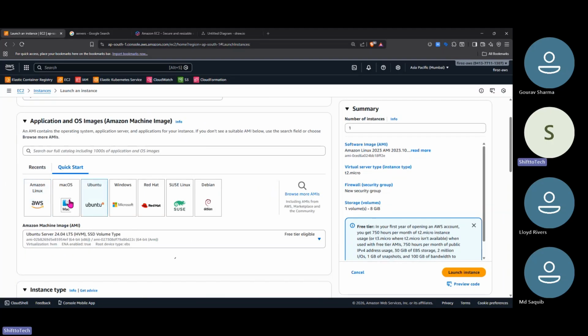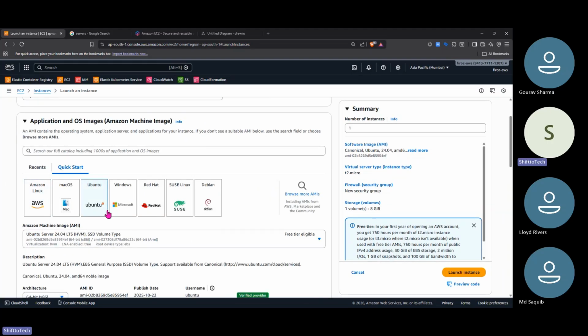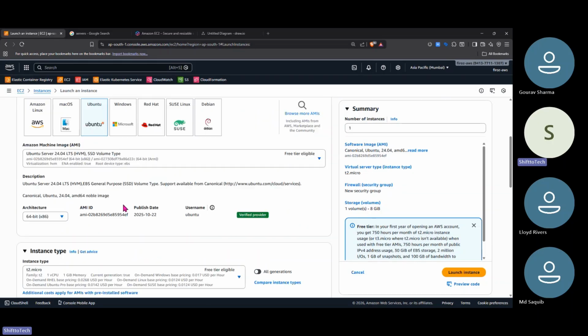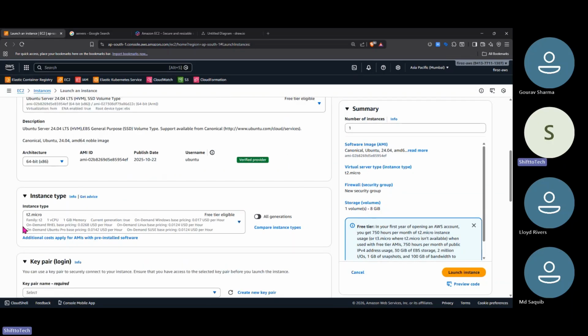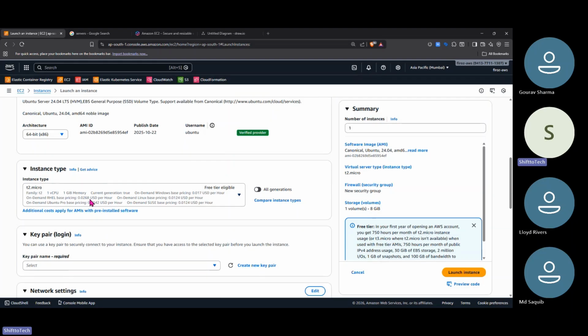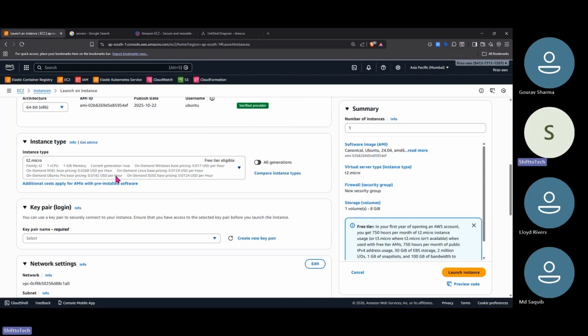You will choose any operating system, AWS, Ubuntu, Microsoft, Windows. This is T2 Micro. You are like buying a computer, so you have to select 1 GB RAM, 2 GB RAM. So this is that only.